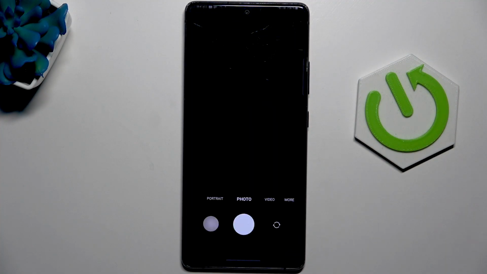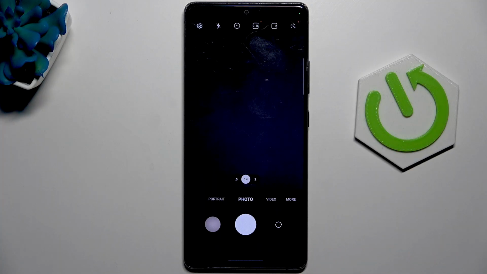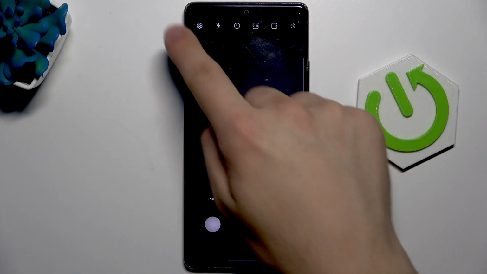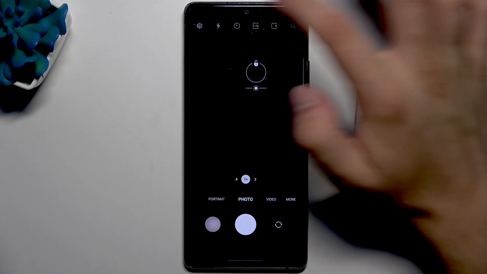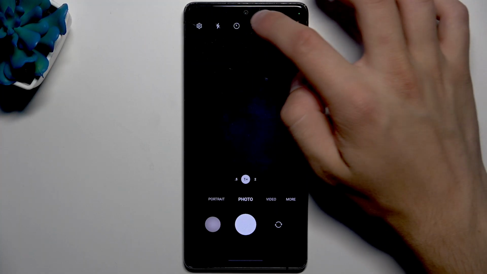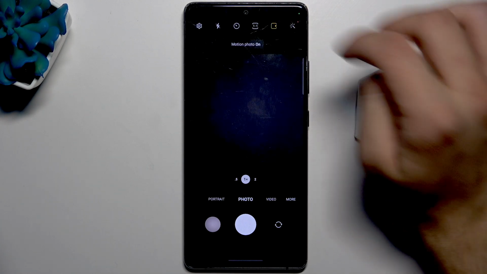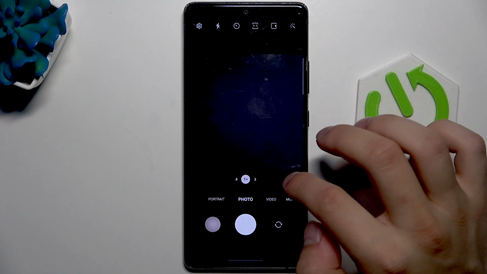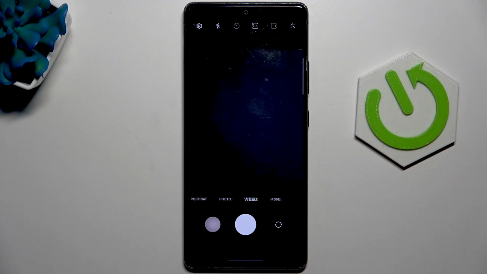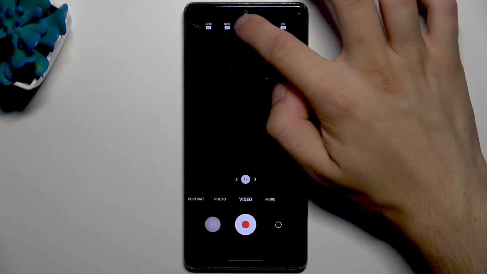So first, open the camera app, and right here you can turn on the location tag. I will cancel. First, in normal photo mode, we have only options right here on the top. We have flash, the timer before taking a photo, the size of a photo, motion photos, and filters. When you go to the video, you also have super steady mode, and you can change